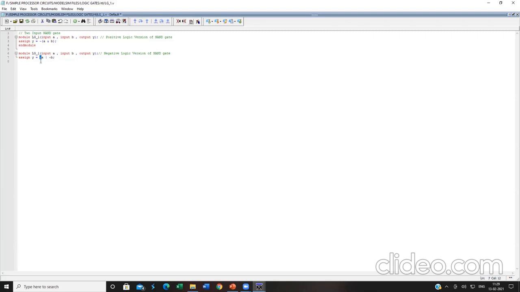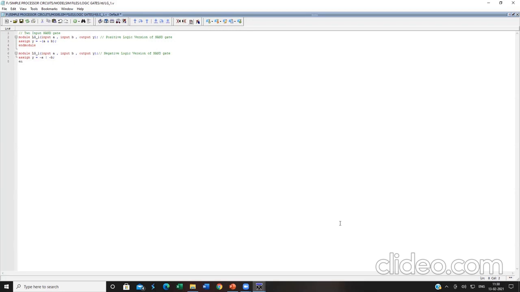Whenever I'm complementing a variable, I have to place this tilde operator before it. This is called the negation operator. If it is placed before A, it indicates that A has been inverted. Similarly over here, it indicates B has been inverted. So the inverted sum of two inputs will be giving me the output. The complement of your product is equal to the sum of the complements. The OR operator is also called a logical sum, and the AND operator is also called a logical product.